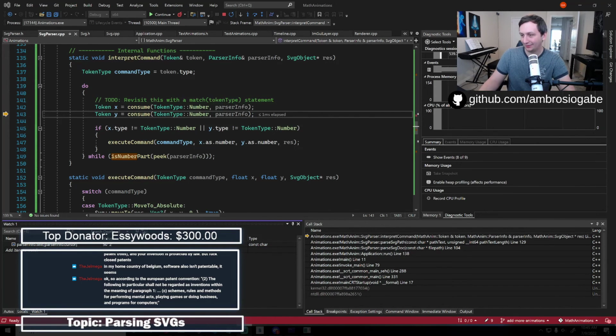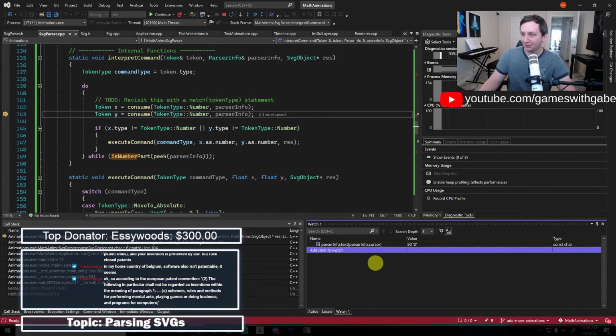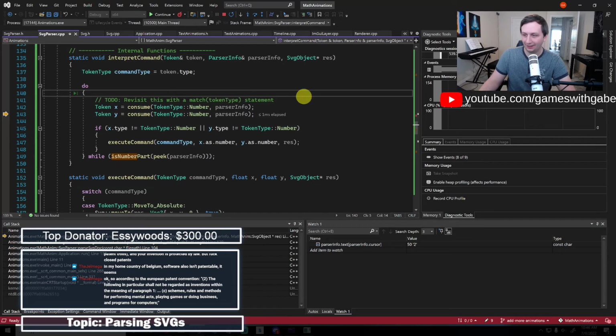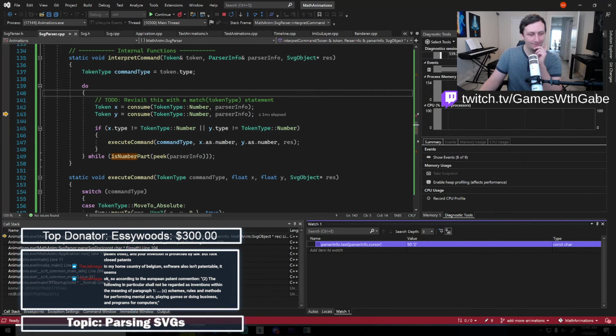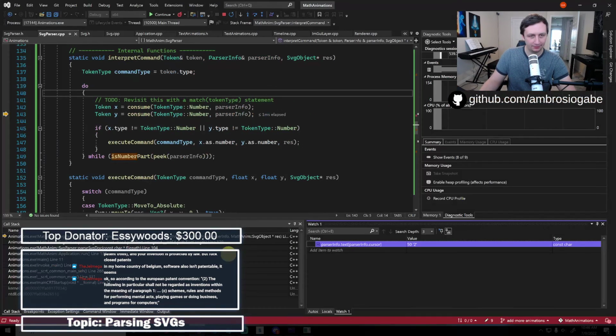Let's move this stuff out of the way real quick. Well, okay. Let's move this over here. So this is what I've been doing. Sorry, guys. I didn't even realize you couldn't see that. I need to do a few things to make sure you guys can see what I'm actually doing. So parser info cursor is 2. So we're definitely here. What I'm curious about is why we consumed that white space character.